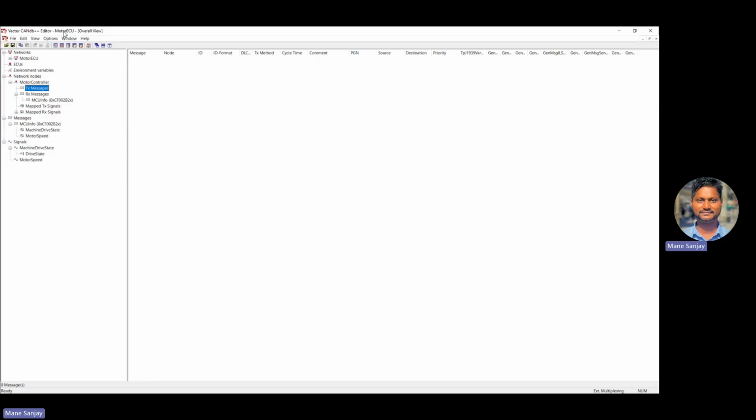Remember the name of the database file. That's very important, motor ECU. Now let's use the database file and see how it works. Very simple. What you have to do, initially you have to create the value table, value descriptions. Then you create the signal, map your value description to the signal. As I said earlier, follow the hierarchy, then map the signal to the message, create the message,